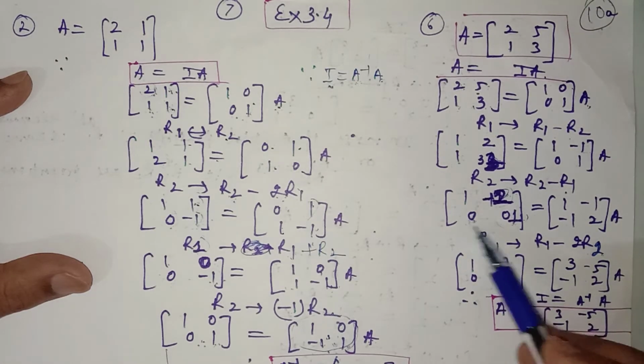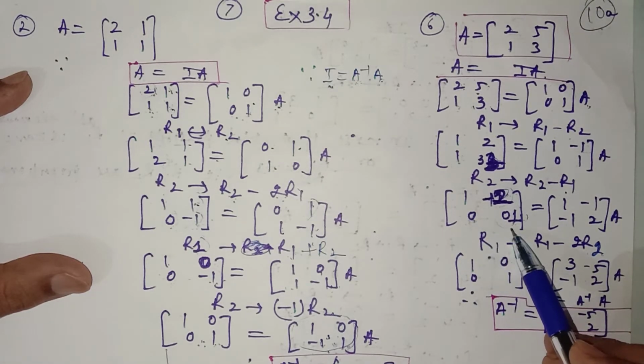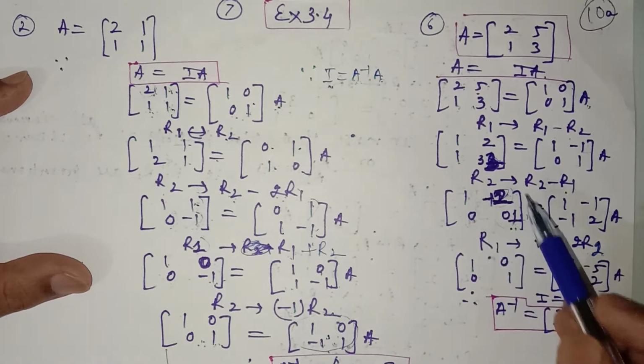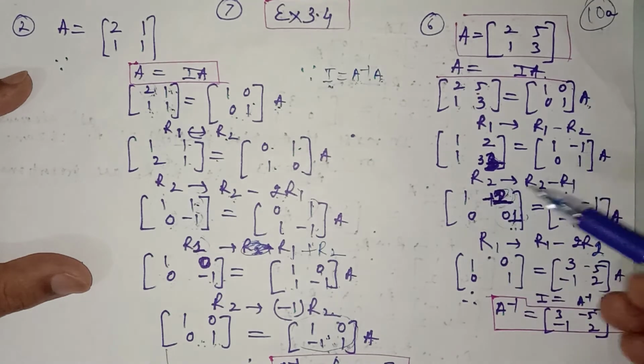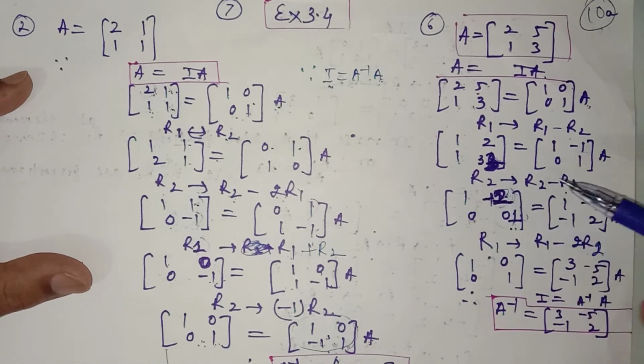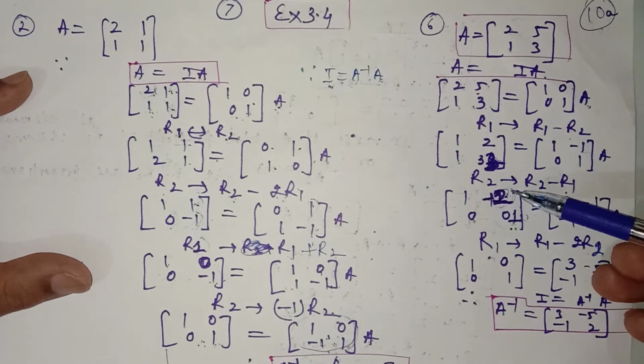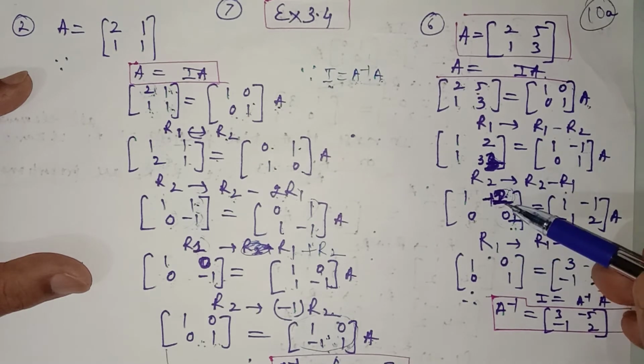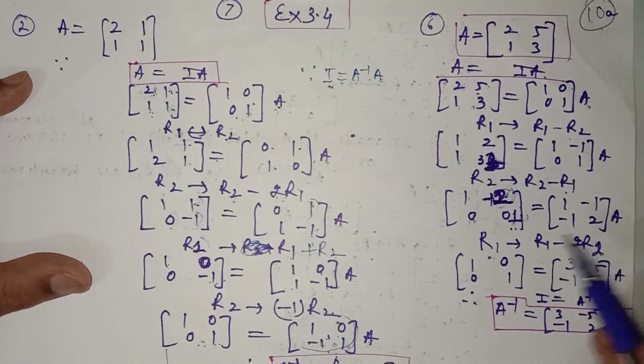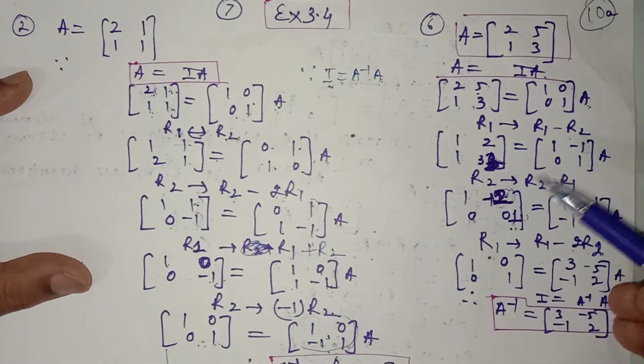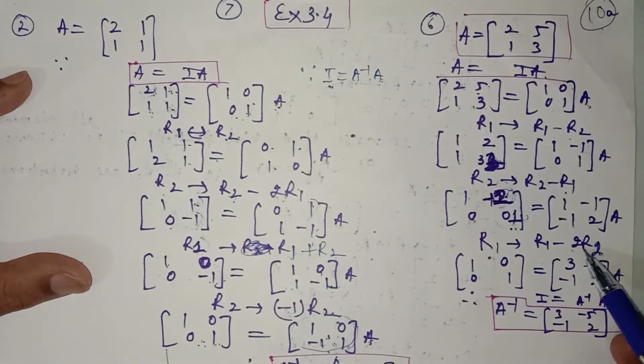So 1 0, and you have got 1 here by chance. So you don't have to use any property to bring it 1 here. So we have 1 0 1, so you have to bring 0 here now. So this is 2, so how can you bring it to 0? If you multiply the second row by 2 and subtract from row 1, you get 0 here. So R1 is equal to R1 minus 2 times R2.